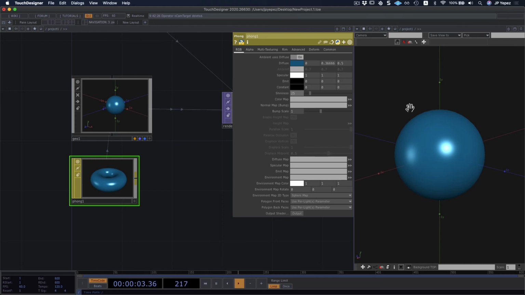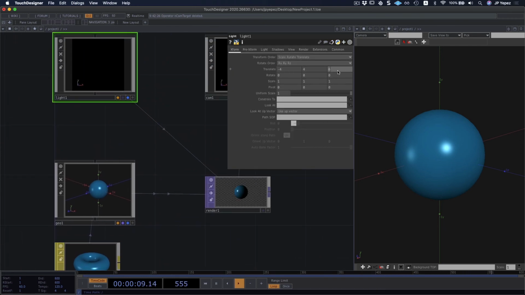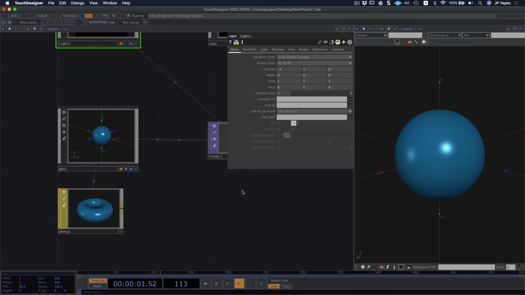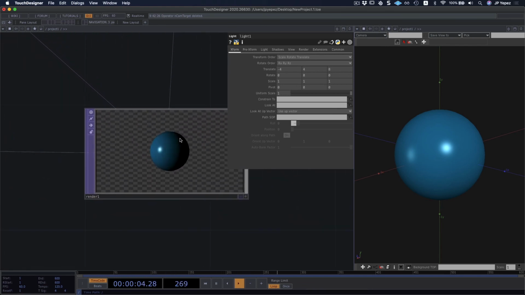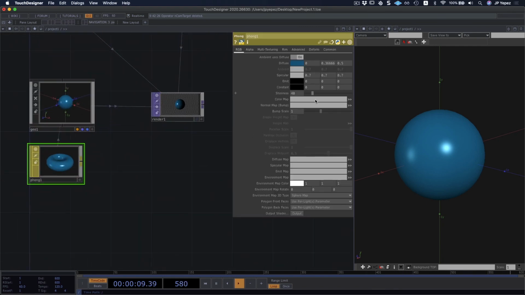You can also use emit maps for different types of light. Constant, which is just going to add constant light to your material, but that kind of defeats the purpose of it. So for now, I'm just going to avoid it. And specular, I'm just going to scale this down to 0.7. I want this to look reasonably bright. I'm going to move my light a bit further away. And we can see that this is what we have so far. This is quite nice. You can add normal and bump maps. We're gonna get into that a bit more in the advanced session, but those are a lot of options that are fun to play around with.